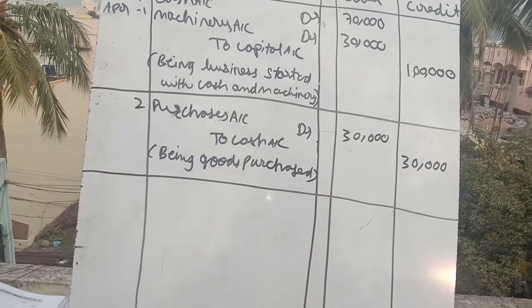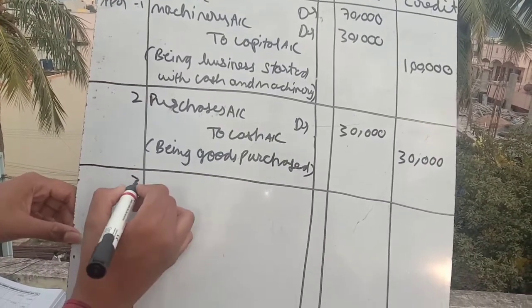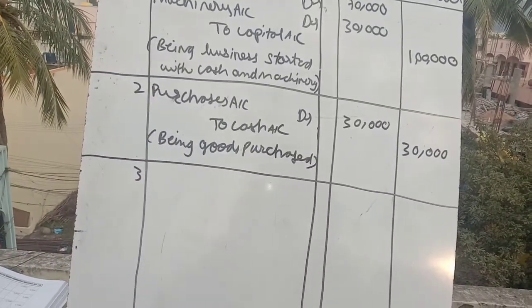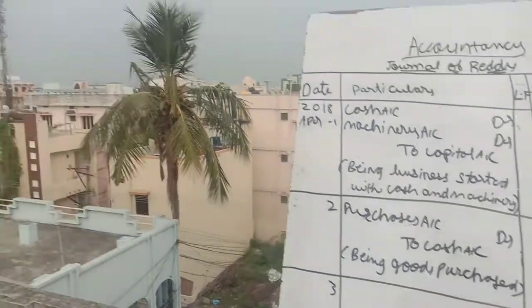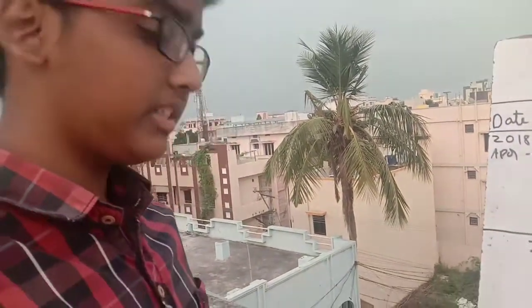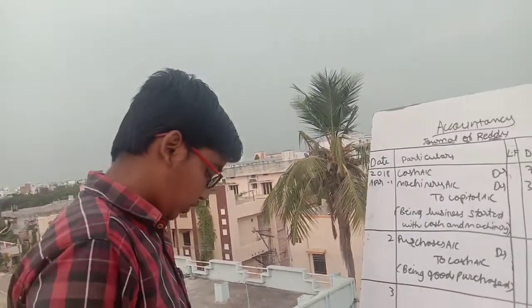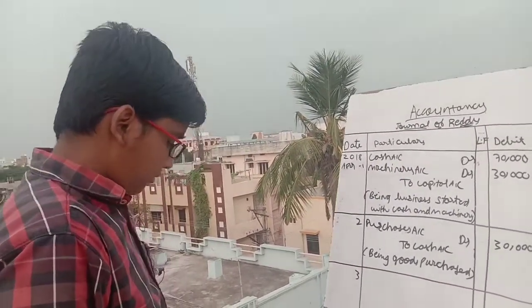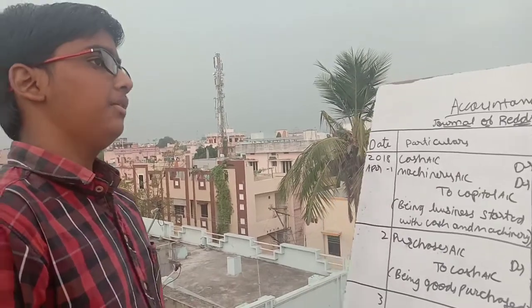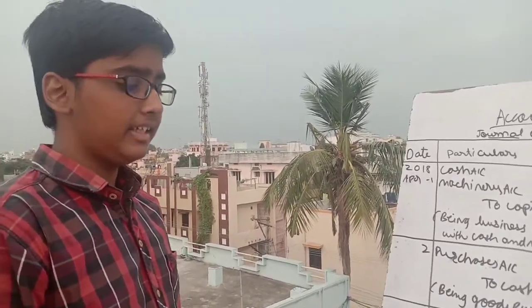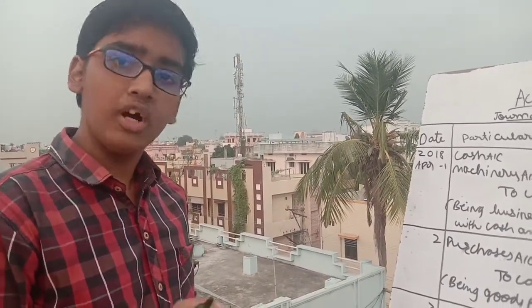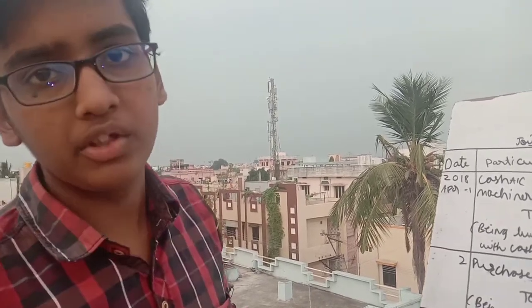And the next date is 3rd. So friends, please look at this entry very carefully because it has included some trade discount. So the entry is purchased goods from Varaprasad and trade discount allowed 10%. So we will write the entry like: purchase from Varaprasad. That means here it is a credit transaction because there is no mentioning of the word cash, and also the name of the individual who is selling the goods is given, that is Varaprasad.